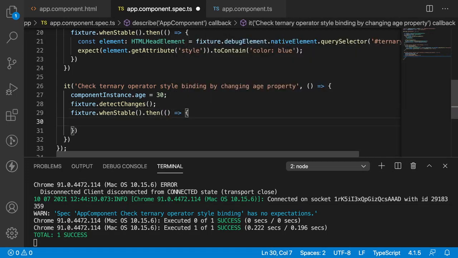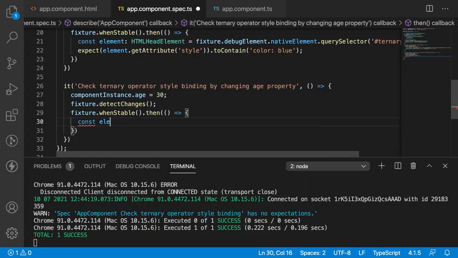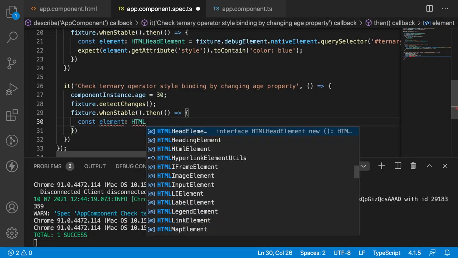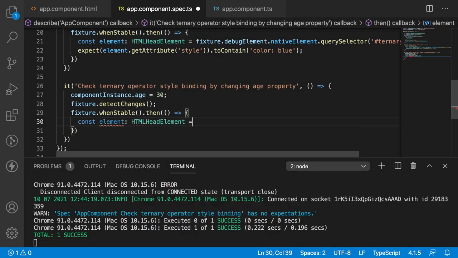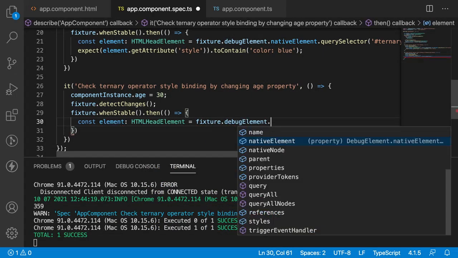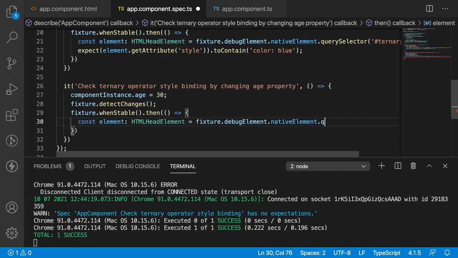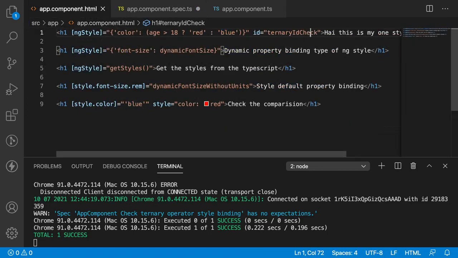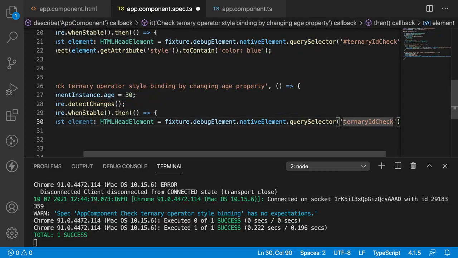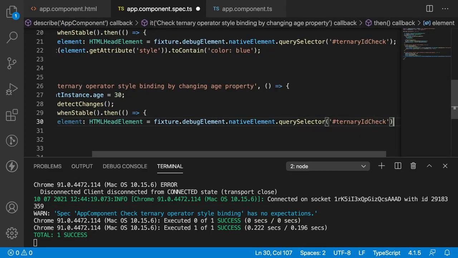Inside the callback, I want to capture the element, colon HTMLElement, equal to fixture dot debug element dot native element dot query selector of, what is my selector? The same selector which we have used previously, and that is equivalent to your ID. Copy this ID, paste here prefixed with hash and also semicolon.